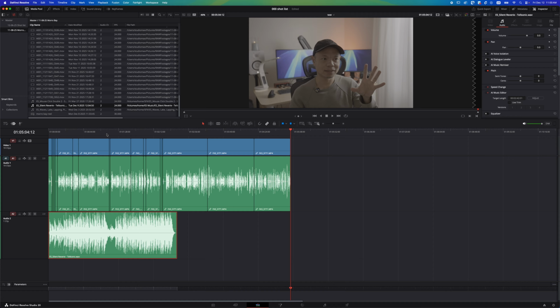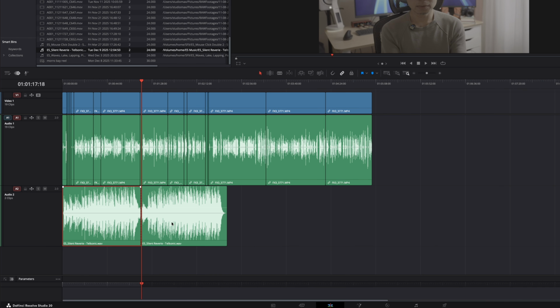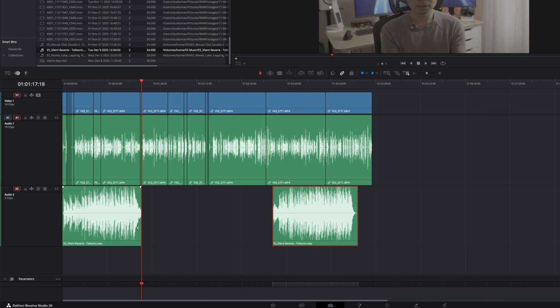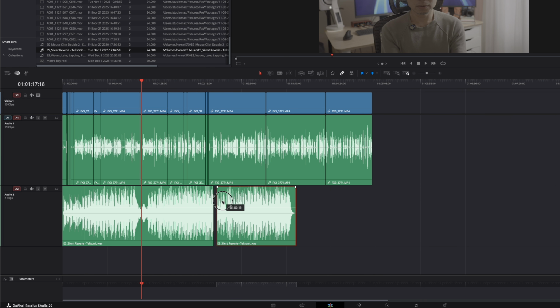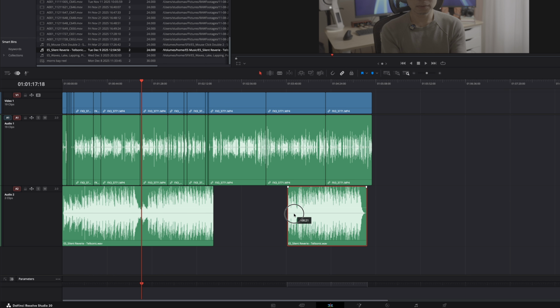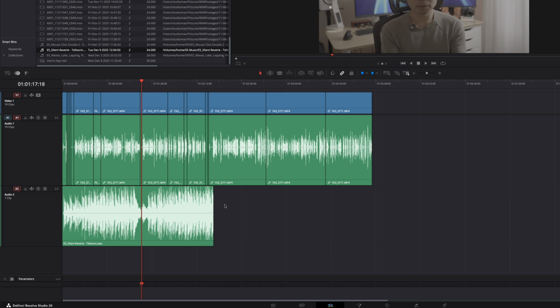Before, I would have to find a cut somewhere, splice it, and then extend it out, and then find a cut somewhere that can match with the beginning of this audio clip, and I would match it together until I get all the way to the end of my video. If you've done this before, you would know what I mean. But that takes up so much time. I mean, I had a lot of fun doing it, but ever since Resolve got this new feature,